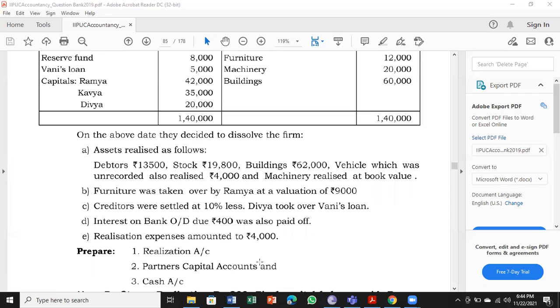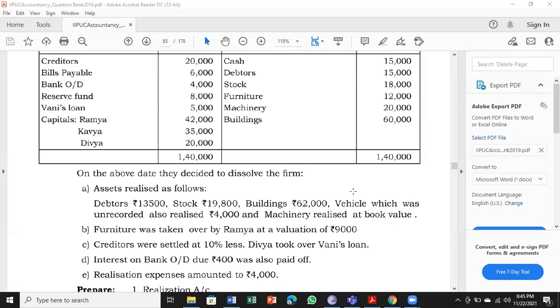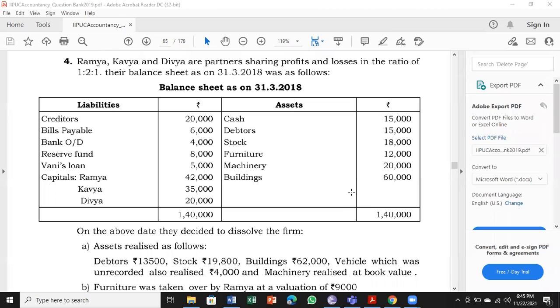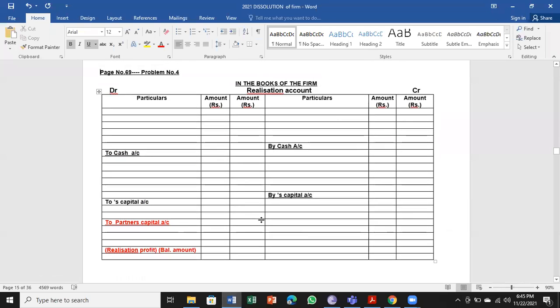So prepare as usual 3 accounts: realization account, partners' capital accounts, and cash account. So what is new here is that a loan other than the partners' loan is there, that is the new one. So we'll work the problem, then you'll come to know what all the new things therein are. So page number 69, problem number 4,